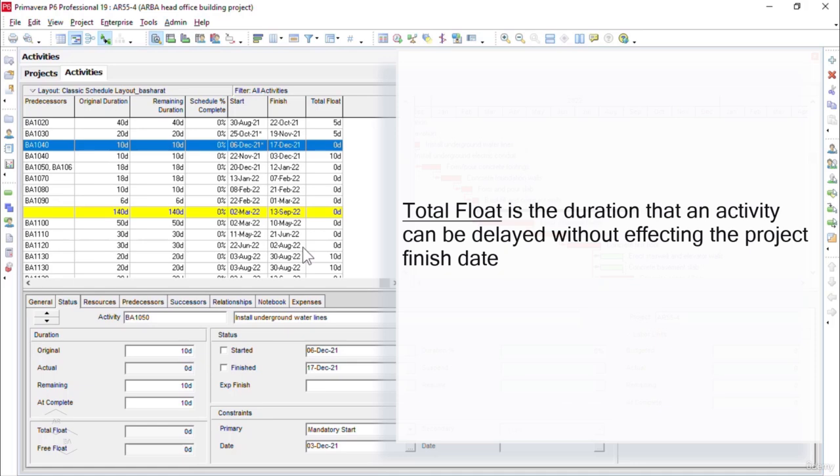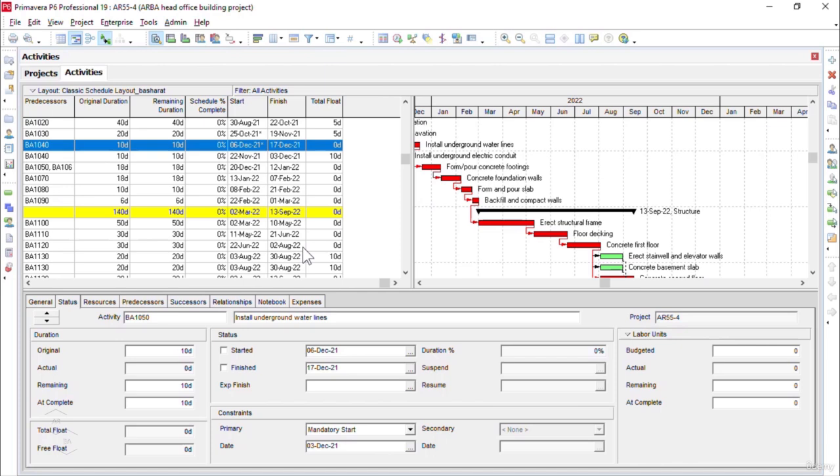Okay, so if you can remember what I said earlier, we wanted to finish our project 1 week earlier than it was originally planned, and we have already defined the project must finish by date in the dates tab of our project detail form. So remember, our original project finish date was 30th August, but we want to finish our project on 23rd of August, 1 week earlier than the planned date. So after all these modifications, after defining the project constraint, we need to see the effect of this project constraint on our